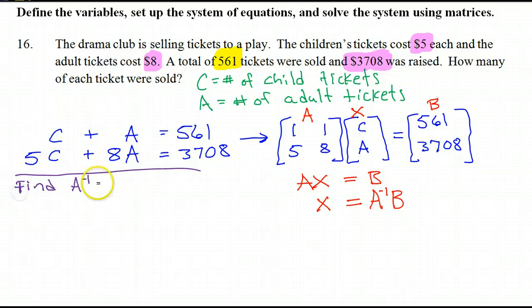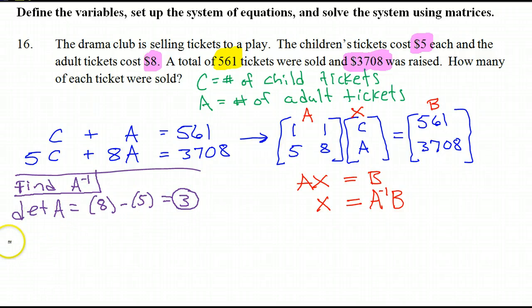Well, the first step to finding A inverse is we need the determinant. So first we need the determinant of A. The determinant is just the down diagonal minus the up diagonal. So that's going to be 8 minus 5, which is 3. So that is the determinant. Now with that in mind, A inverse is going to equal 1/3. It's the reciprocal of the determinant, times,